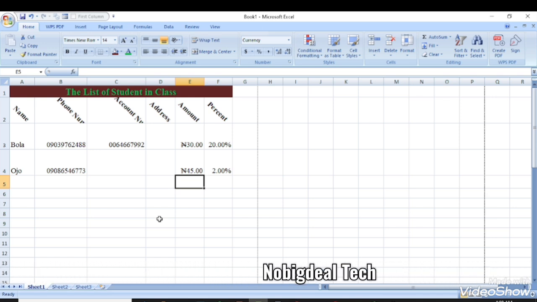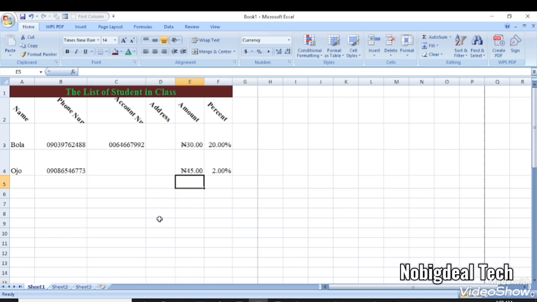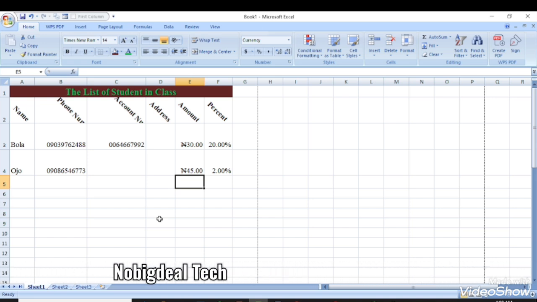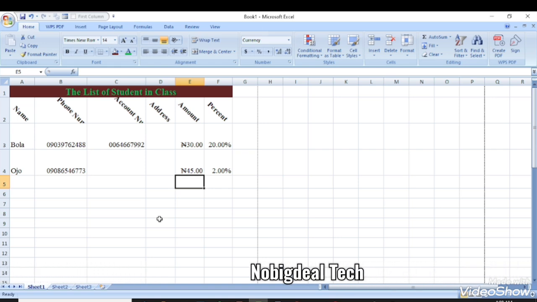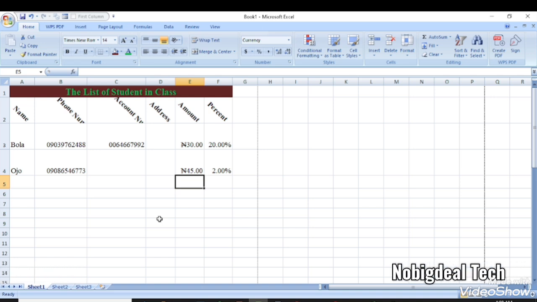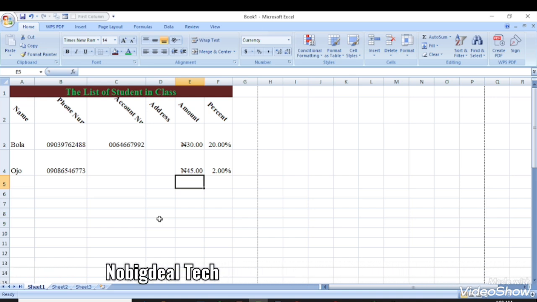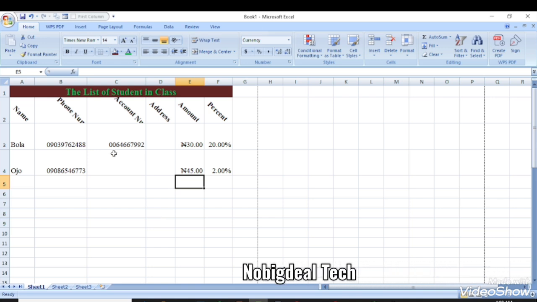The only issue that I'm expecting from you is how to format the data type, which we have already done. We tried to explain the data type for phone number, we explained for account number, we explained for text, and so on. So the next thing that I'm going to do now is